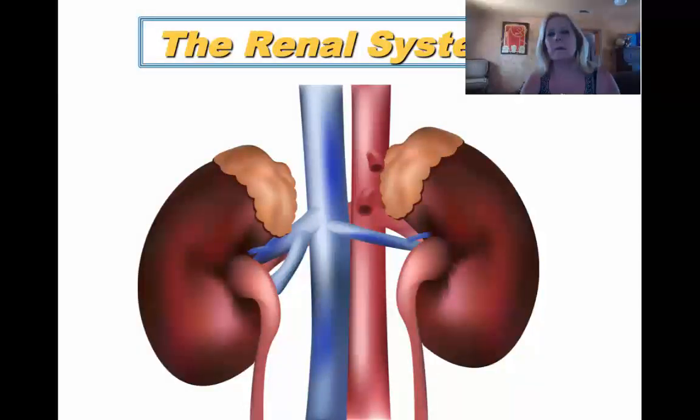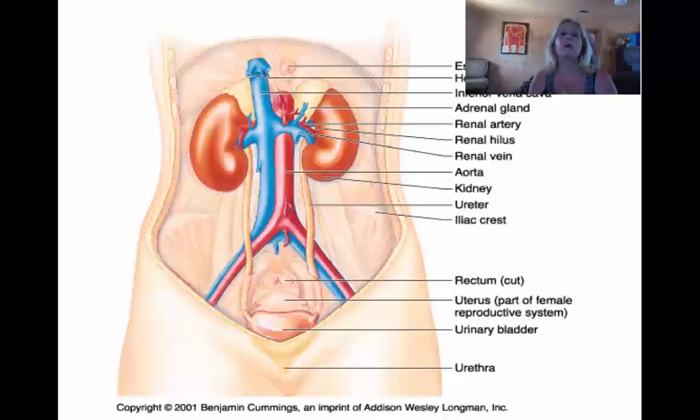All right, so we're going to be talking about the renal system today. And we're going to start out talking first about the different components of the renal system. The kidneys, of course, are part of this whole system, and they're found in the lumbar region of the abdominal